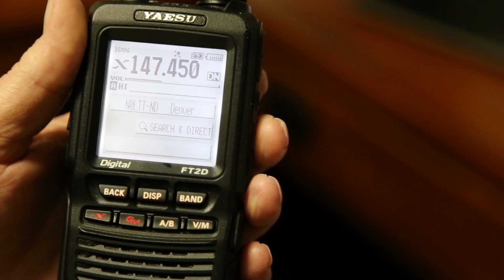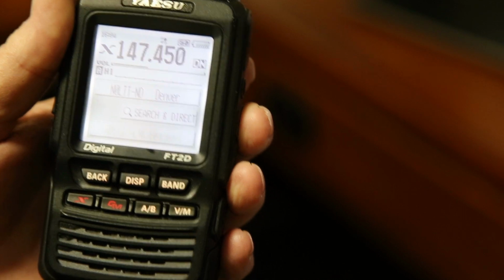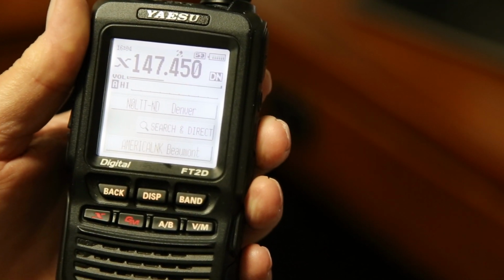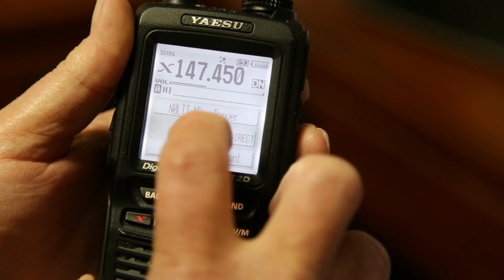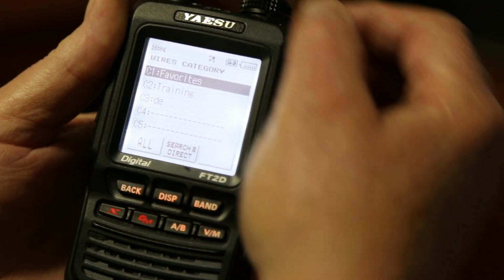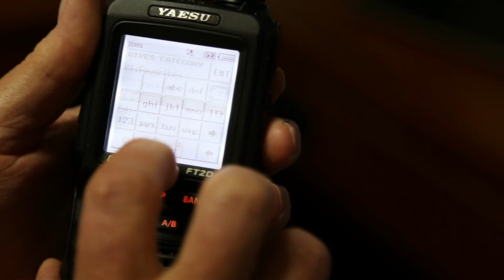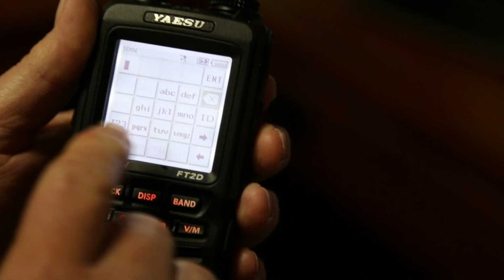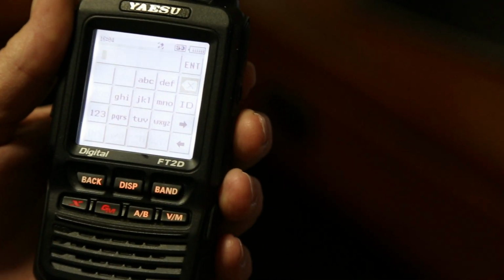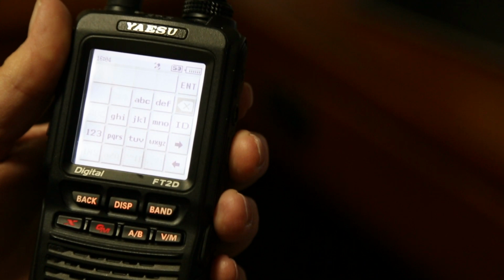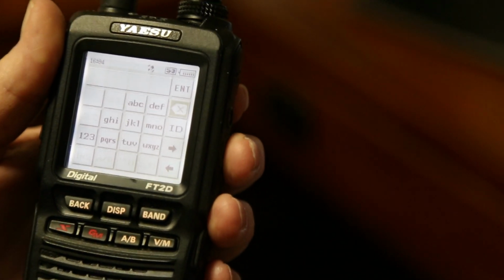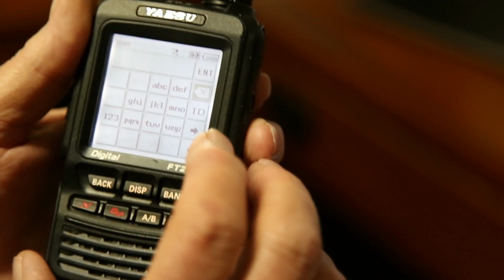Alright, you recall that we created a category called DE, and now we want to register a node into that category. So what I'm going to do is I'm going to hit search and direct, and I'm going to rotate the dial down to DE, and I hit search and direct again. Now I'm going to type in, I can either type in the name of the node, or I can type in the value of the node. So in this case I'm going to want to connect to the Colorado Link, so I'm going to type in